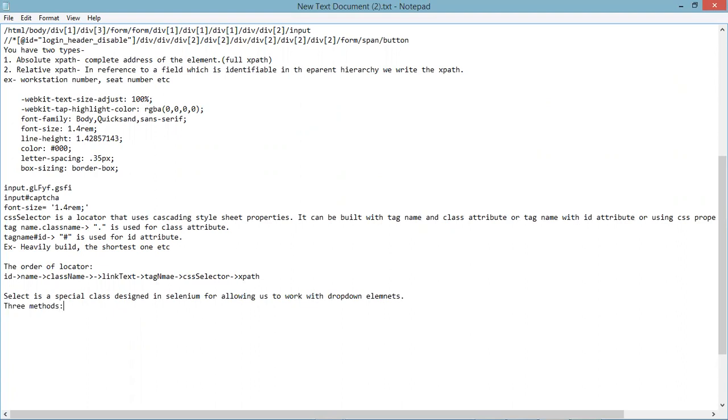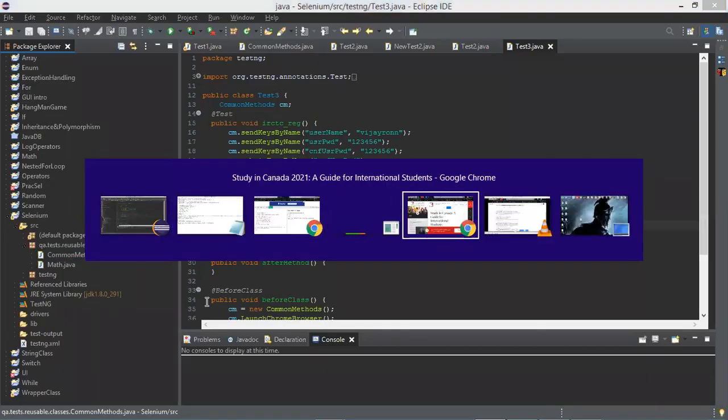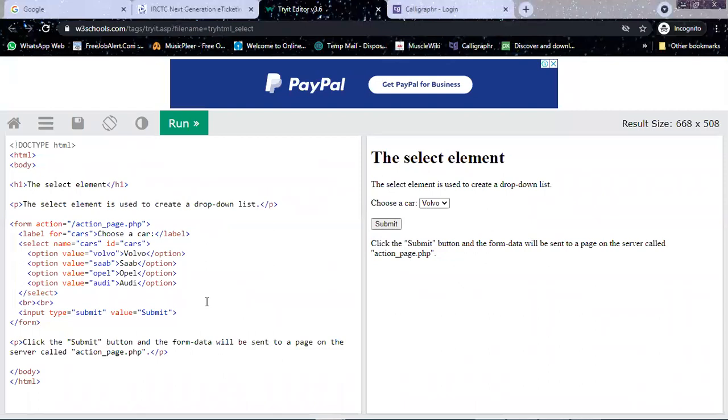What are they? The first one is selecting by position. Now go back to your Chrome, whatever you have open. You can see here on the left hand side you have positions: option 1, option 2, option 3, option 4.